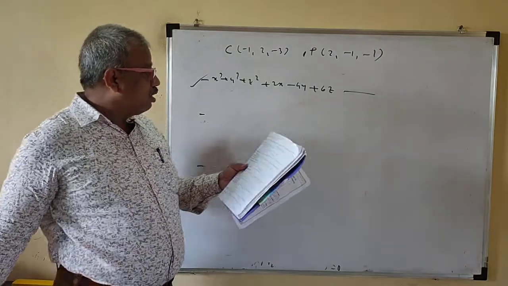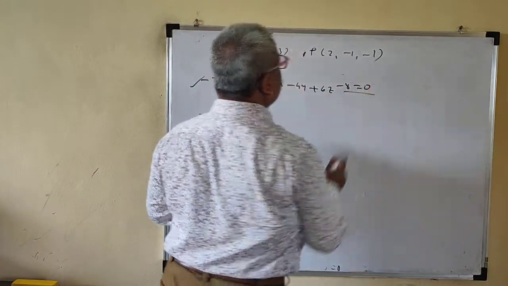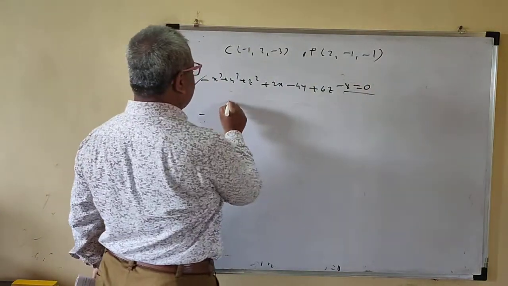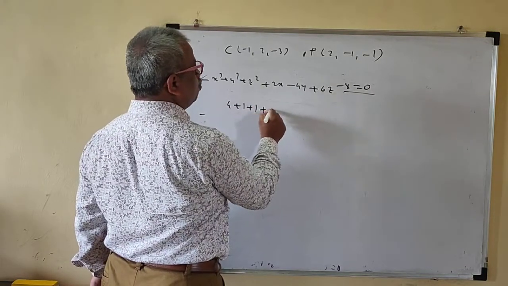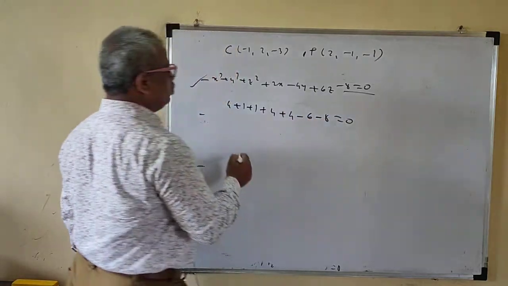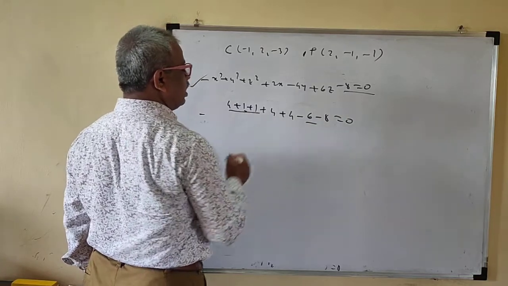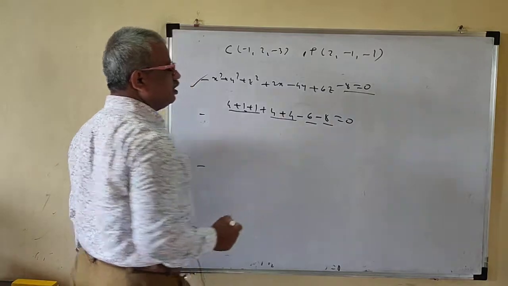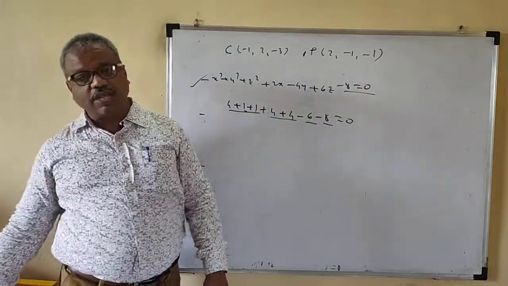So that is your, this is what, twice x minus 8 is equal to 0. This is your correct option. Now see here, this point satisfies this one. Just take the square of this one: 4 plus 1 plus 1, then this is what, plus 4, plus 4 minus 6 minus 8 is equal to 0. So this 6 and this 6 get cancelled. This and this get cancelled. So that means this point satisfies this equation. Easily you can check your answer.